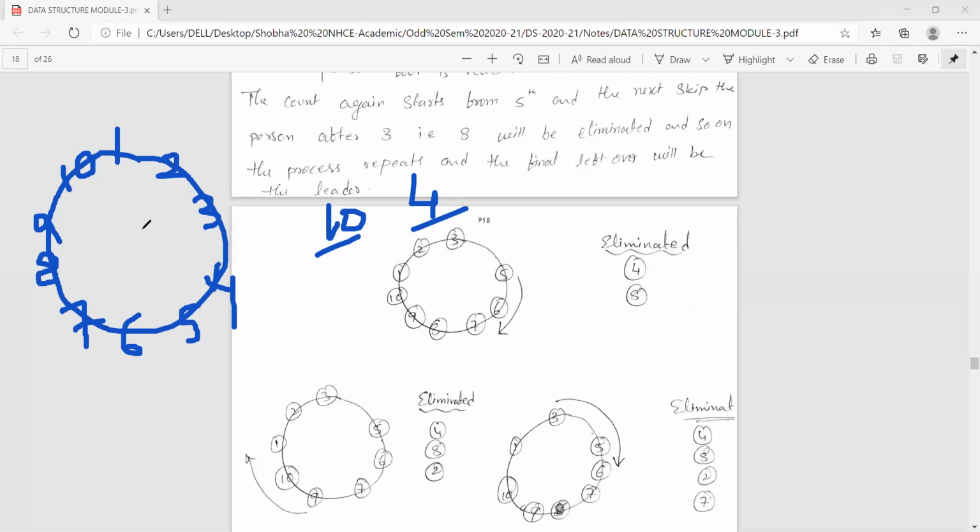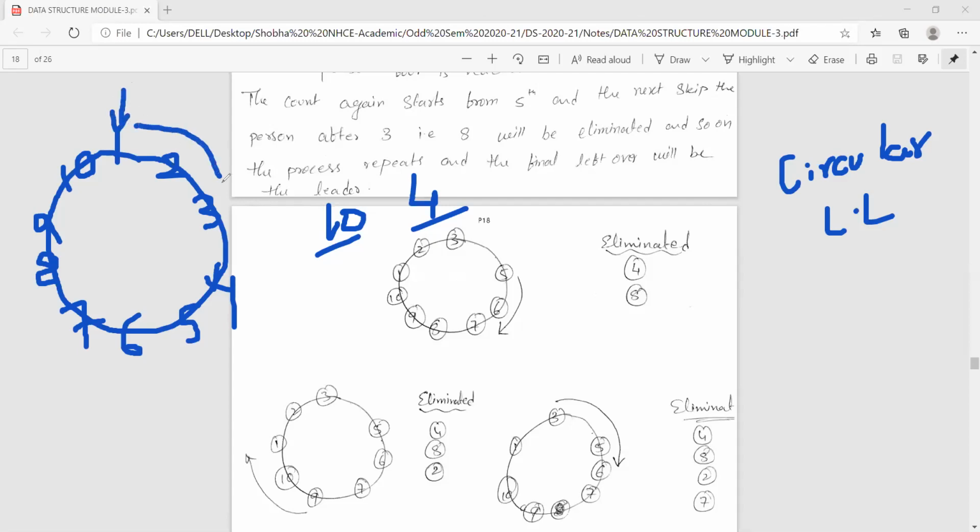Anything you can do, as this is an implementation of a circular linked list. Can you tell me what is the advantage of a circular linked list? One advantage which I mentioned actually: the last node will be the first node, right? So any node can act as a starting node. In a circular linked list, any node can act as a starting node. That means you can start your game from anywhere, as you asked. I just took the first person, but like that you have to start in your program when you are implementing. Anyway, now let us start from 1 only.